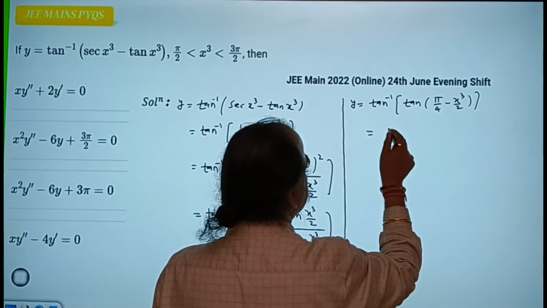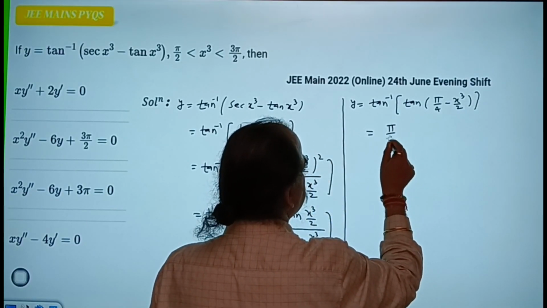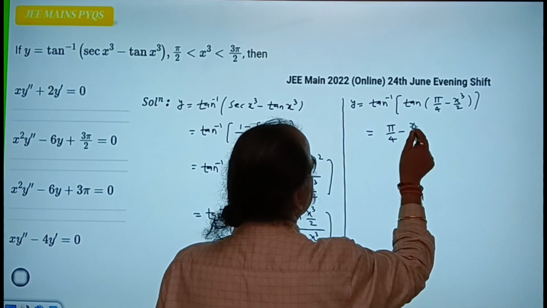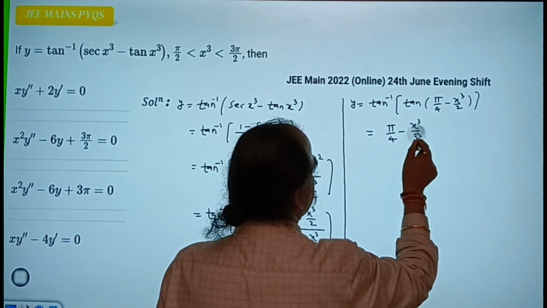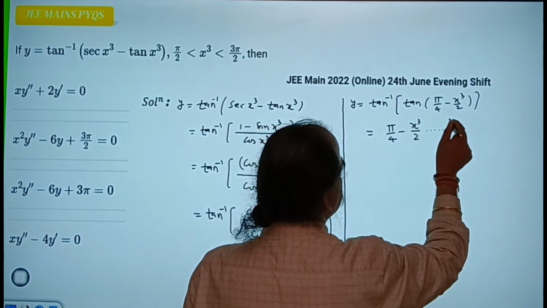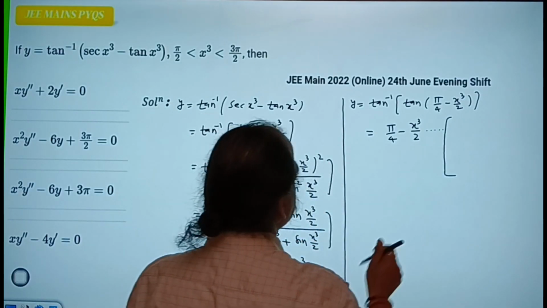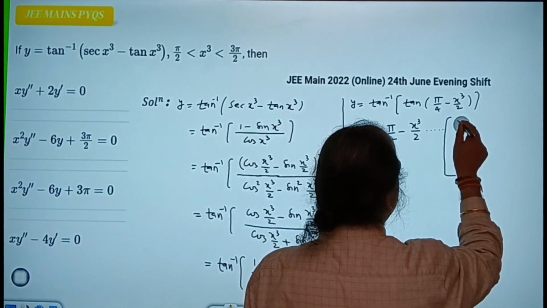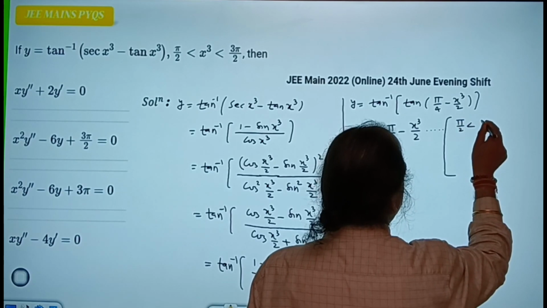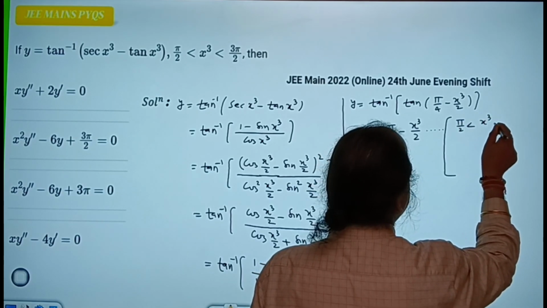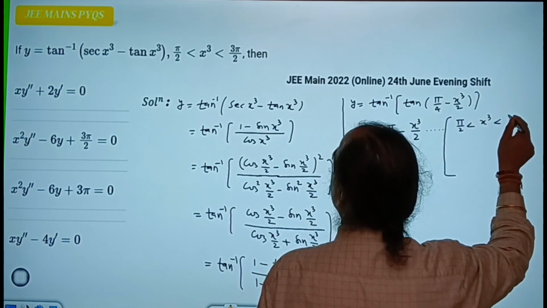Tan inverse tan will get cancelled, we'll get pi by 4 minus x cube by 2. How will it get cancelled? We have to give the reason. Since pi by 2 is less than x cube less than 3 pi by 2,